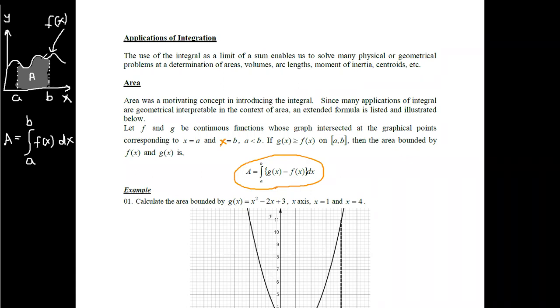Therefore, if you are asked to calculate the area below the function f(x) and above the x-axis in the region a to b, then you can use this equation. Here we have f(x), and we are considering the other function as the x-axis, where the value is 0. That is why we can use a simple function in this form and evaluate the value.